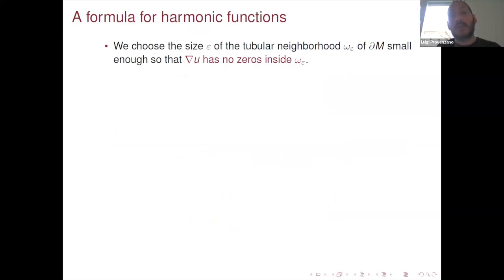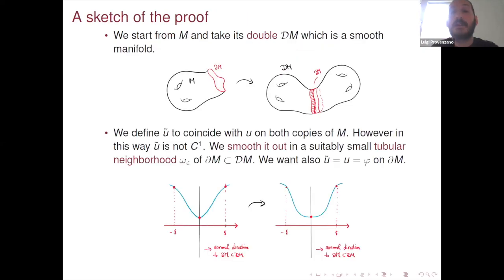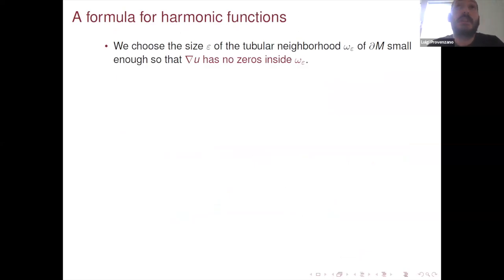Of course, you have to take a suitable metric if you wish, a product metric in a tubular neighborhood of the boundary, when you glue. But this does not affect the critical points or their index, their behavior. Anyway, it's not needed that it is Riemannian for our considerations. So we want that in this thin strip, let me go back, the gradient of U has no zeros. We can do it because by hypothesis, the gradient of U has no zero on the boundary.